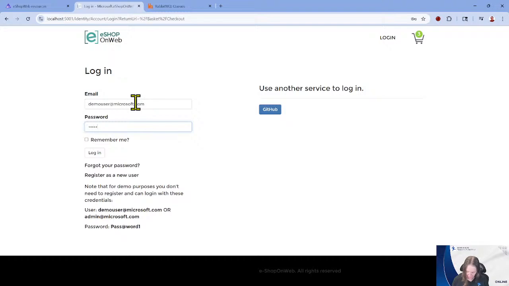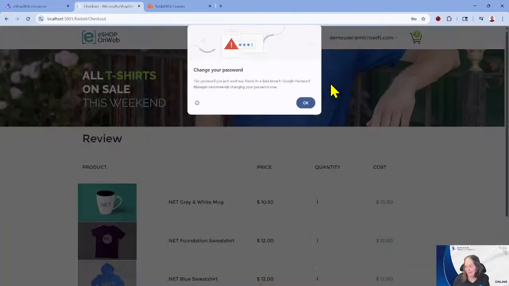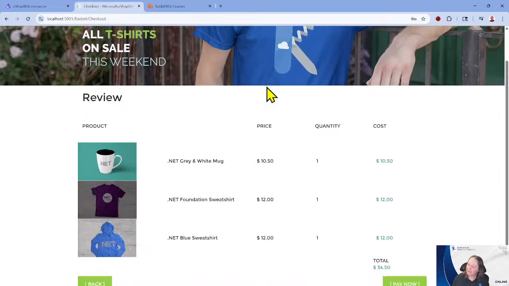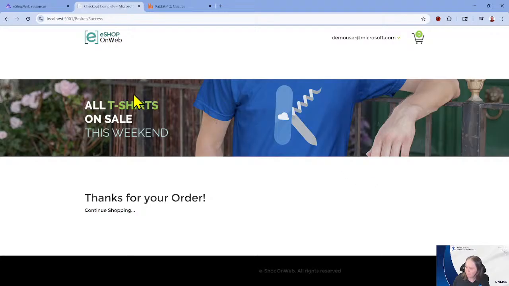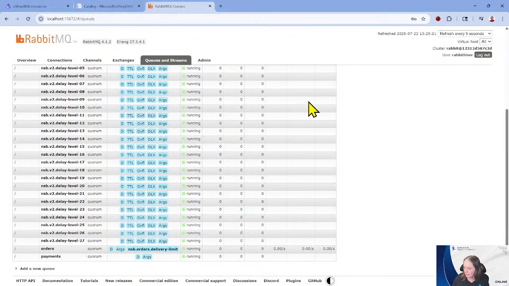And yes, my browser's going to tell me, hey, that password, I want to change it. I'm going to be like, it's in plain text in the readme. It's okay. All right. So then we're going to say checkout. And we'll continue shopping. If you look over here, let's see.